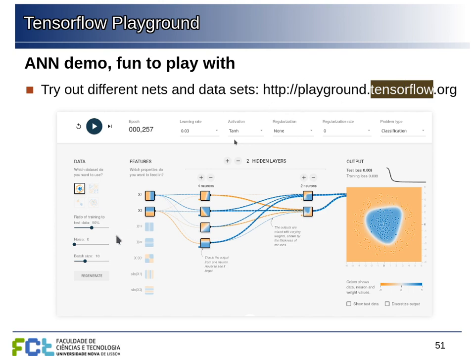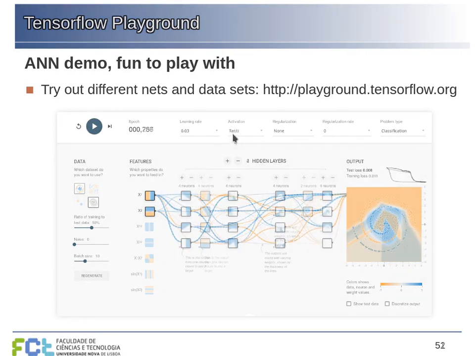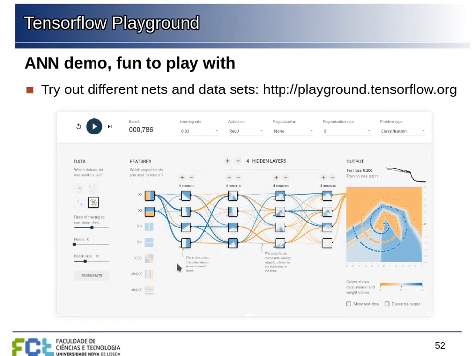But if you go to TensorFlow Playground, you can create your own network by selecting how many layers you want, how many neurons in each layer. You can select different data sets with different kinds of problems, different activation functions. You can try the sigmoid or rectified linear unit, for example. These are more efficient and more widely used today, but you can experiment with this and then set the network to training and see how the different neurons are learning different representations and contributing differently to these transformations until you finally can have the classification of your data.